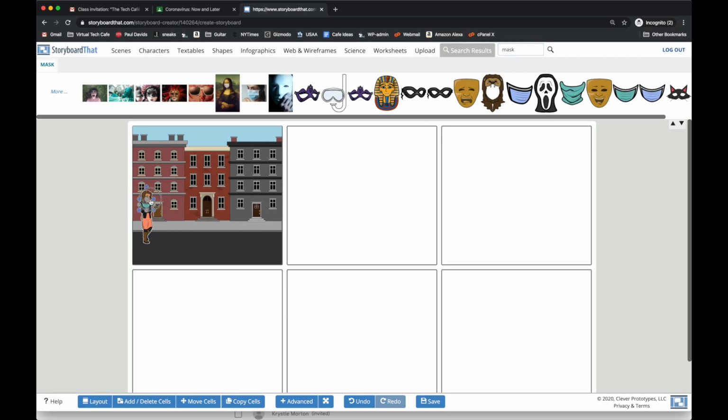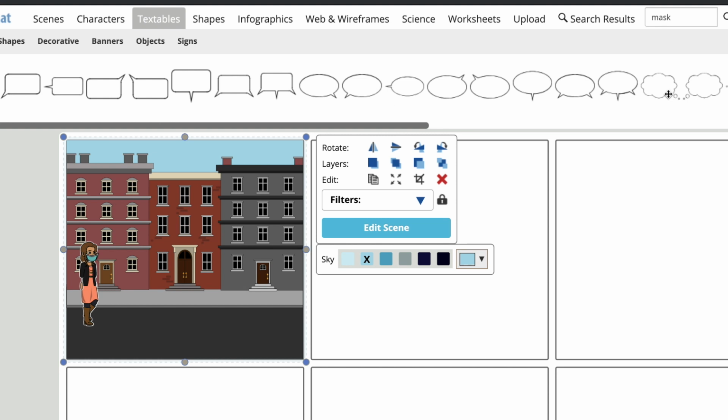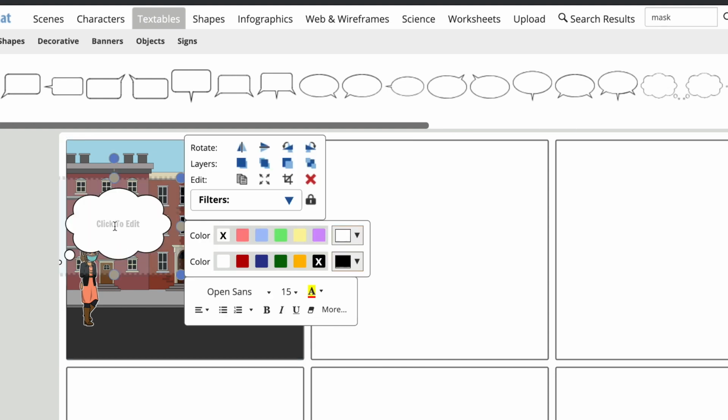And I'm going to shrink it and I'm going to put it on her face, just like that. Now I want her to be thinking, this guy needs to stay away from me. So the next step is I'm going to go to textables, and these are speech bubbles. These are thought bubbles. And so I'm going to put a thought bubble here and I'm going to have her